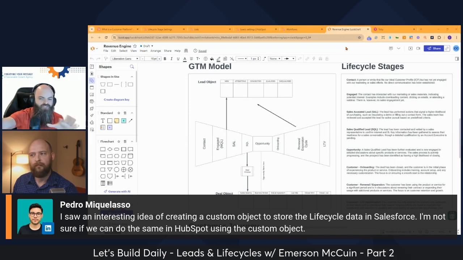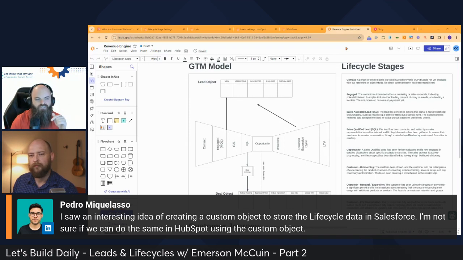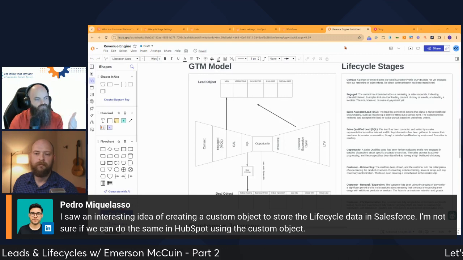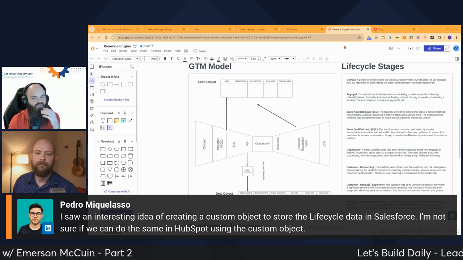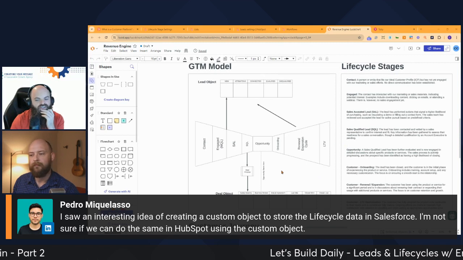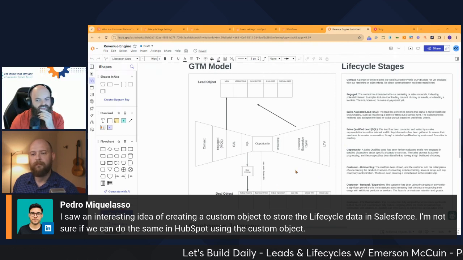I think there's some opportunity to use the leads object in this way if we're going to be creating multiple lead objects per contact or per company. But definitely a good thought there.